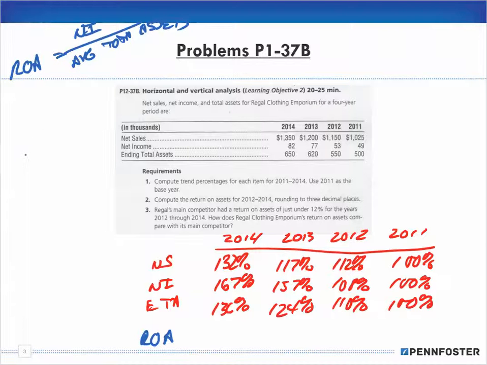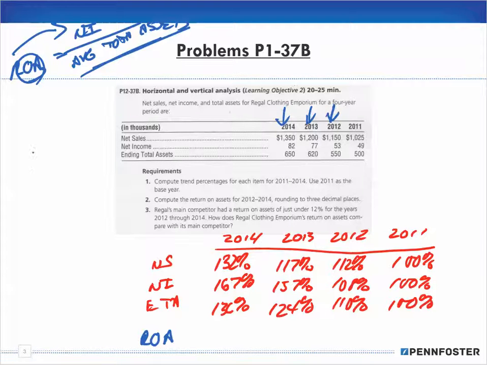If you didn't know that, look it up in the book. I actually had to look it up in the book. I had an idea because I'm thinking about return, which would mean net income, and it's on assets, so it has to be my average total assets. Just by looking at the words return on assets, I had an idea as to what the formula should be. But if you can't intuitively deduce that, you need to look in the book to see what that formula is. So for 2012, because remember we have to do 2012, 2013, and 2014,